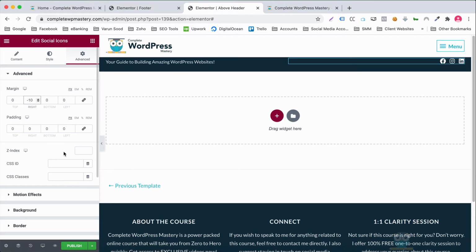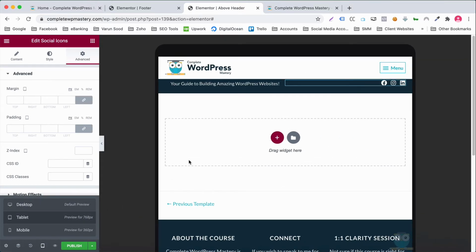In the tablet and mobile views, I want both of these columns to be 100% in width. Let me do that quickly.